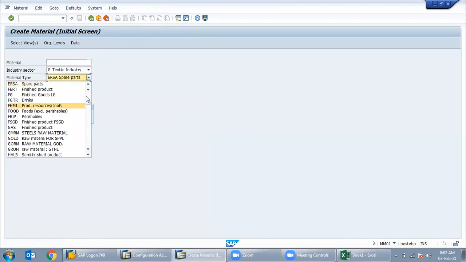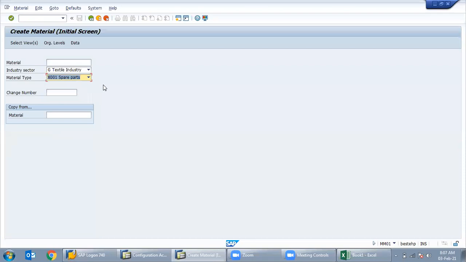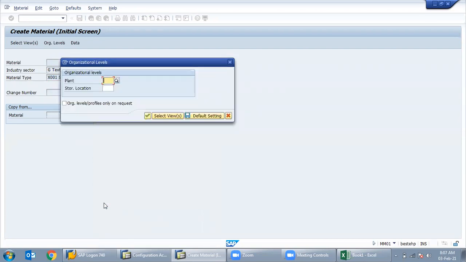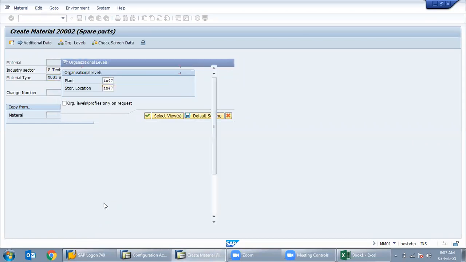suppose I am going to create a material using x001. We can type that also, x001. Just press enter. Basic data, purchasing data, general data, and accounting data. Just give IN47, enter.